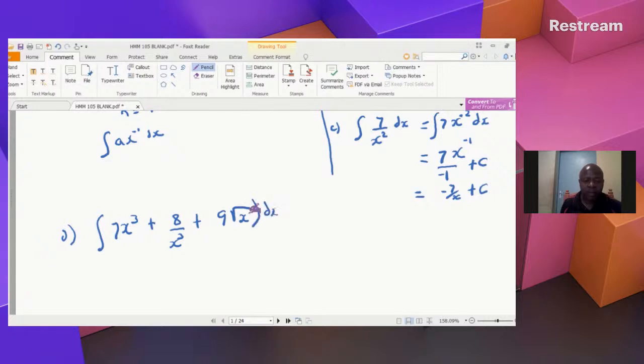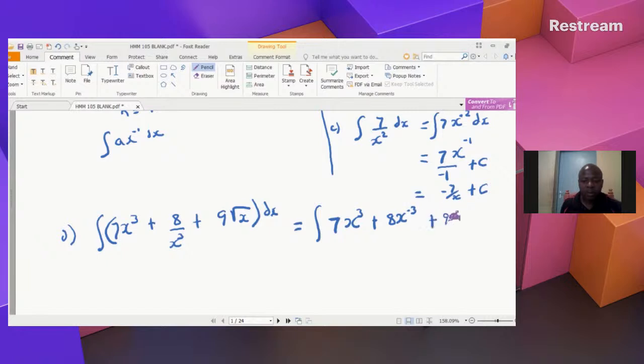The only problem I have at this point is that I have to take this x cubed to the numerator. So this integral is the same as the integral of 7x cubed plus 8x raised to negative 3